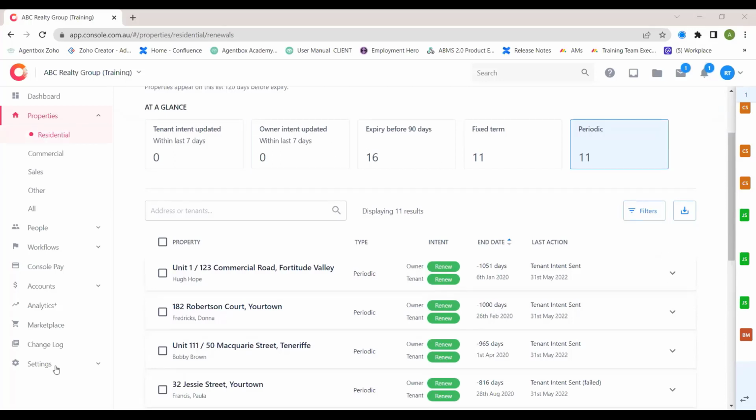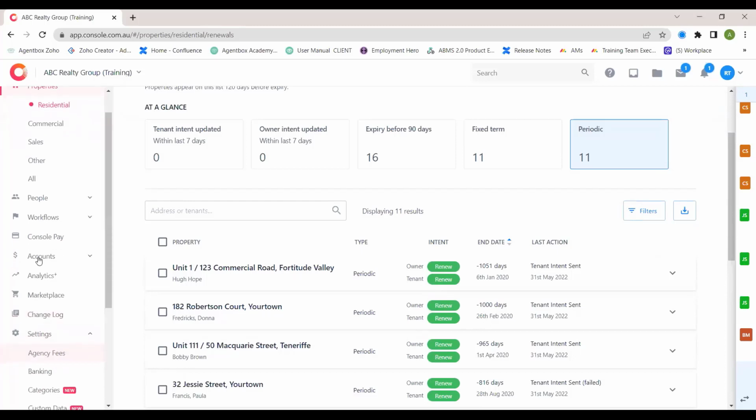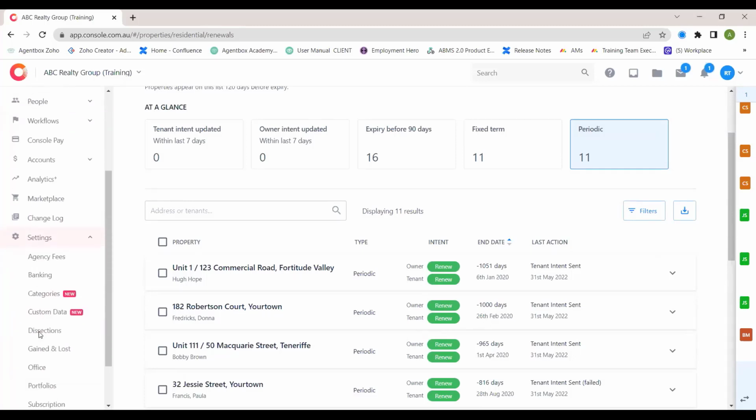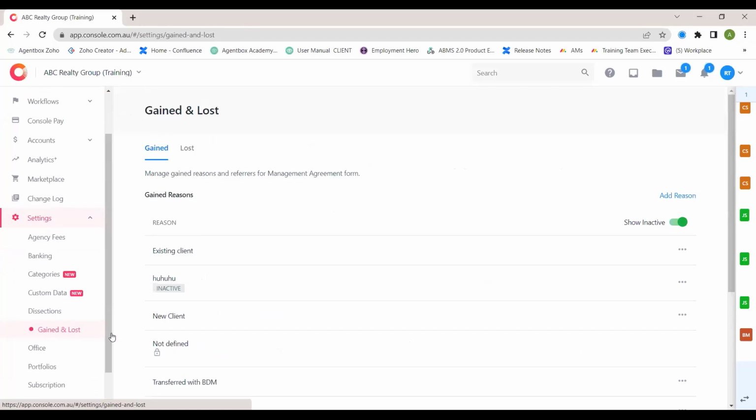Now, last one I'm going to show you is your gained and lost management reasons. So as we work with our business growth, as we work with our changes in the market, we want to make sure we're tracking why we are growing and potentially where we might be losing our business to. So the first thing you want to have set up is your settings. Now, someone who has permissions, your office administrator,